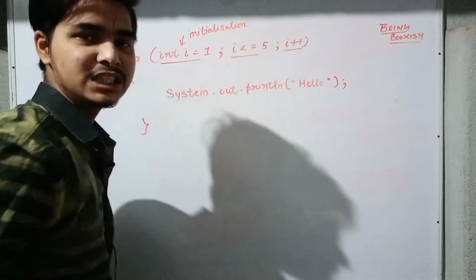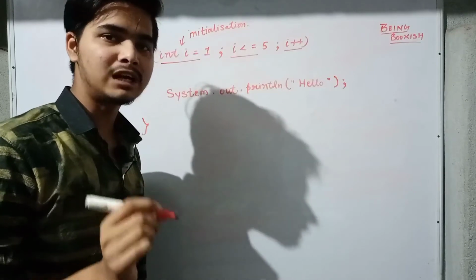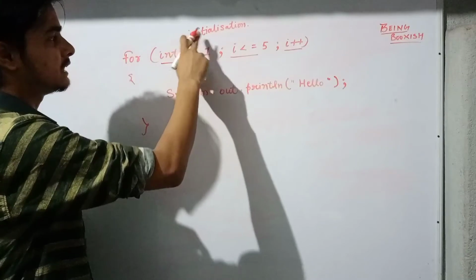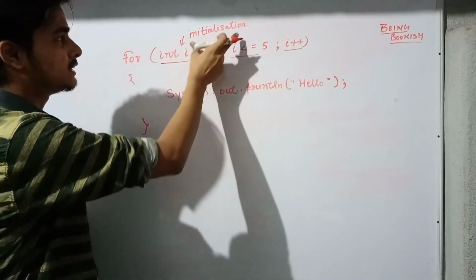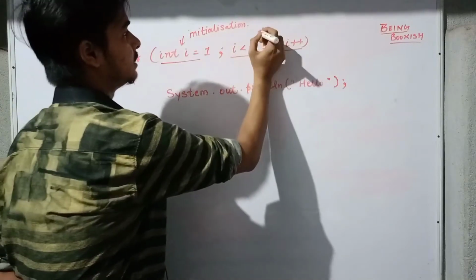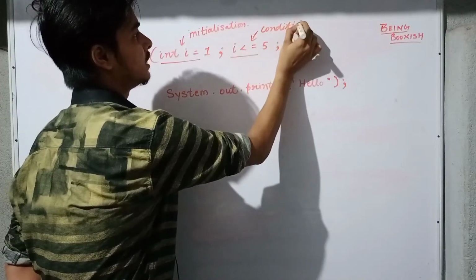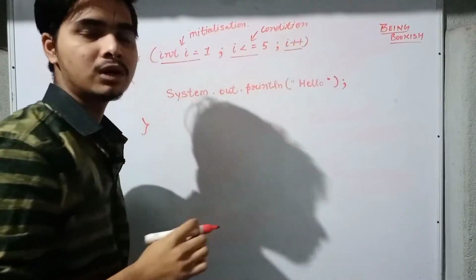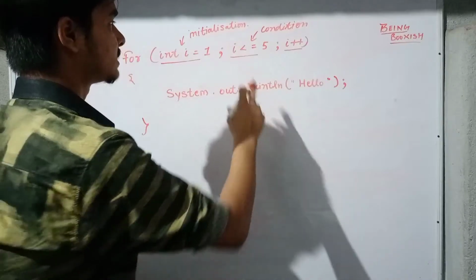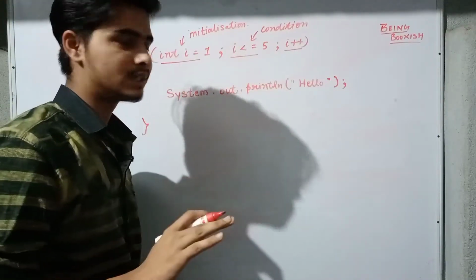Now, what is initialization? Initialization is nothing but assigning some value to a variable. Here our variable is i and we are assigning it the value 1. So this is what is called initialization. Next we have condition. If possible, I would request you to kindly note down whatever I am trying to say here. The next part is condition, and this is easy to understand: it is some sort of condition.